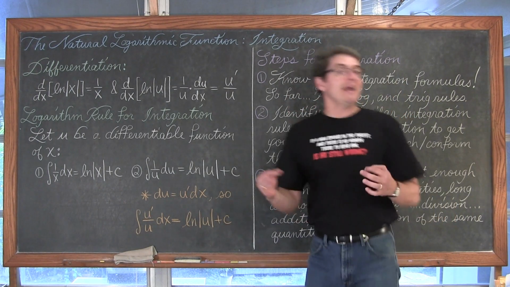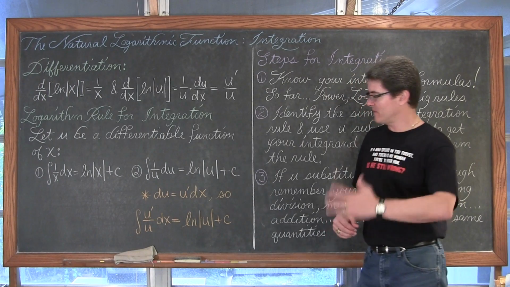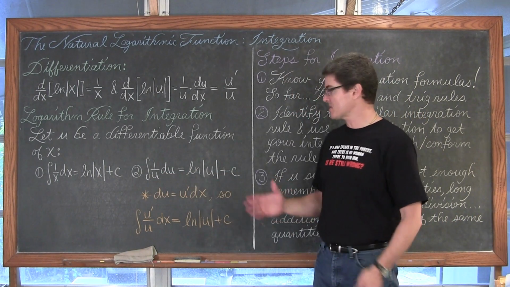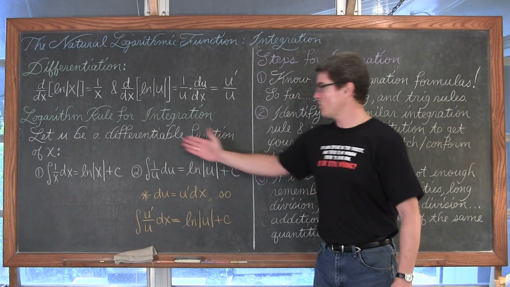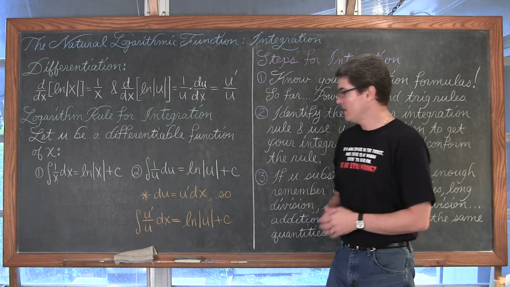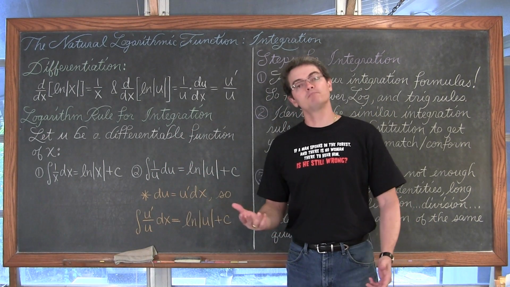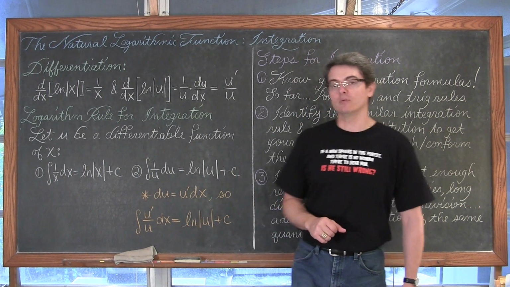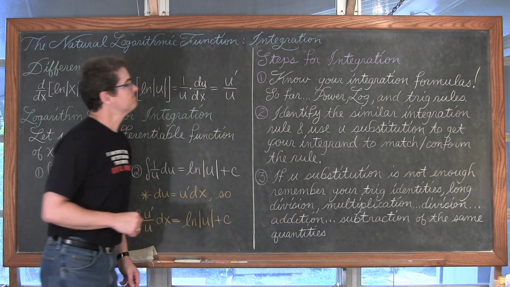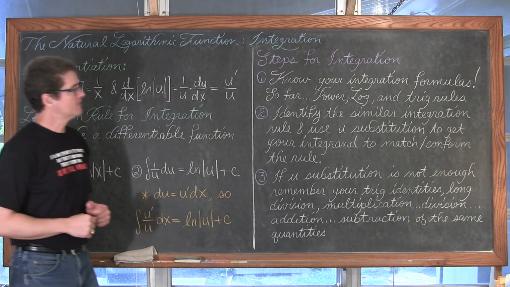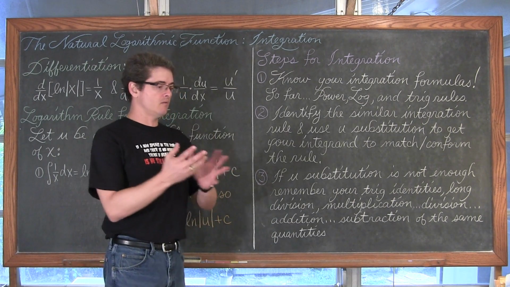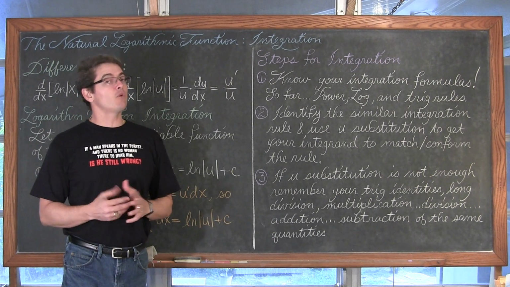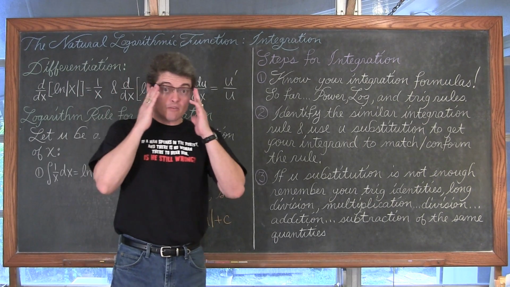As we go through my 8 examples, going from easy to increasing difficulty, as I do my u substitutions, most of the time I'm going to be striving to get this 1 over u du pattern, but again, if you recognize that u prime over u, you're talking about the indefinite integral of that being the natural log of the absolute value of u plus c. Steps of integration. Well, these aren't going to just all be like, okay, let's first start with the first one here. Know your integration formulas. You're starting to get a lot of them now.